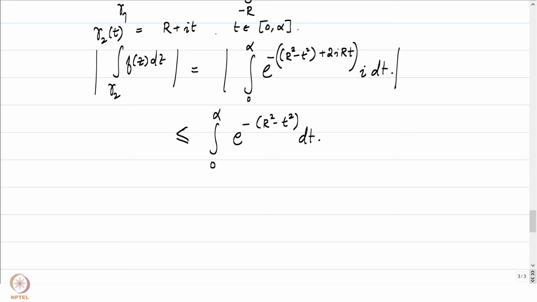So we would still have a similar equality here, except that the integral will be from alpha to 0 instead of 0 to alpha, but for the sake of absolute value, it shouldn't matter. And because t belongs to either [0, alpha] or [alpha, 0], t squared is certainly going to be less than alpha squared. Because of that, this is less than or equal to the integral over t in [0, alpha] in this case, and if alpha is negative, it's [alpha, 0].